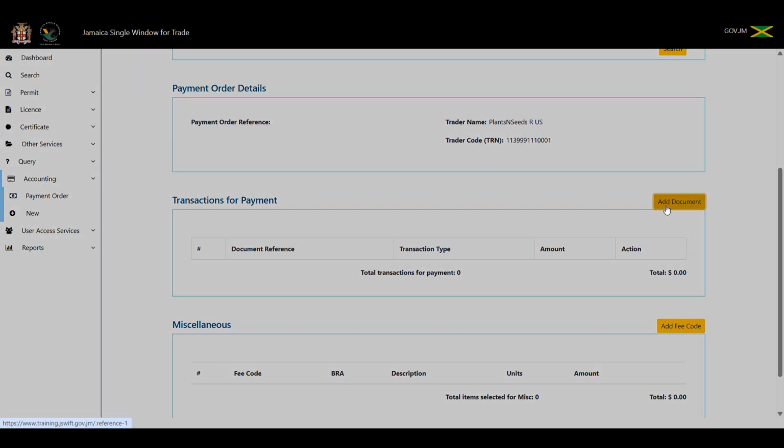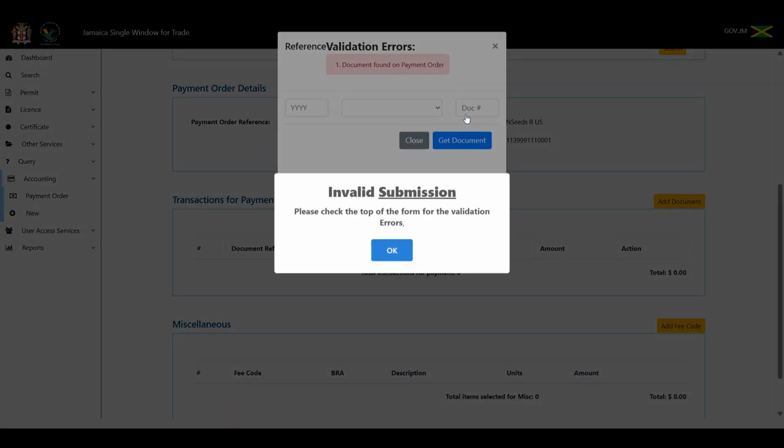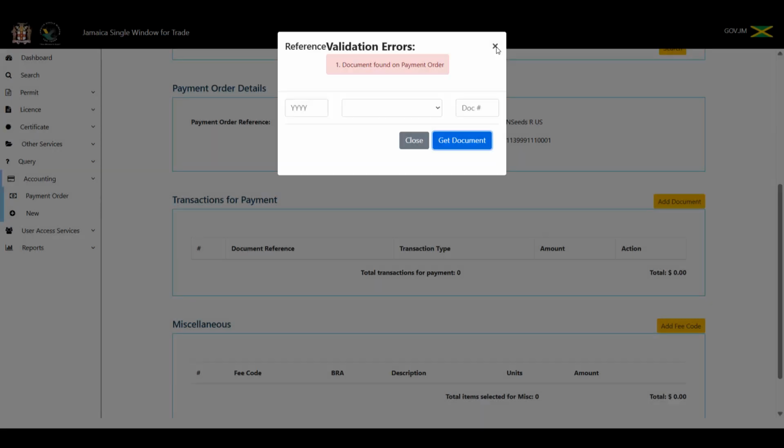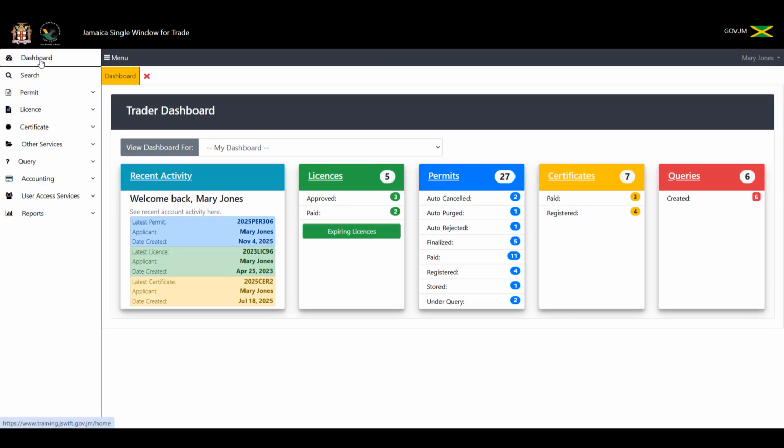What if I select add new document and I put 2025 permit 263? The system would not be able to confirm that payment because the document already exists on a payment order. Now, what is it that you're supposed to do? The trader, in order to finalize this application for payment, must search for the payment order because it is already on a payment order. You refresh your page, you go to